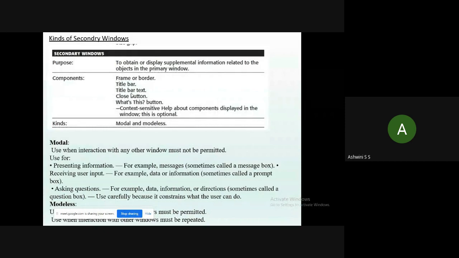Next, the kinds of secondary windows. Once again, in the secondary windows there are many different kinds. The first one we see is modal. Modal is used when interaction with any other window must not be permitted, which means, say, now,